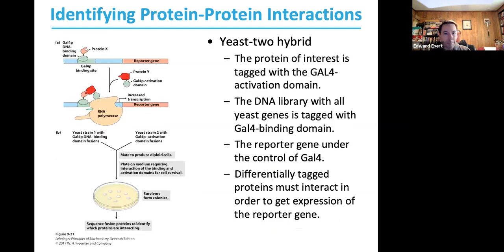All right. There's also a yeast 2 hybrid system. Okay. Our yeast 2 hybrid system relies upon our protein of interest being tagged with a Gal4 activation domain. Okay, so basically the reporter gene ends up being under the control of Gal4. So if we have Gal4